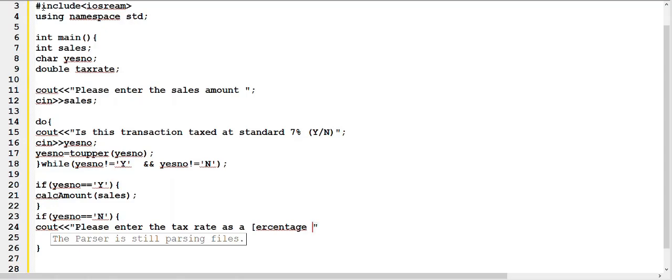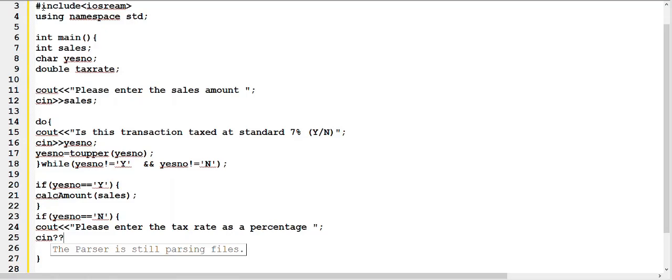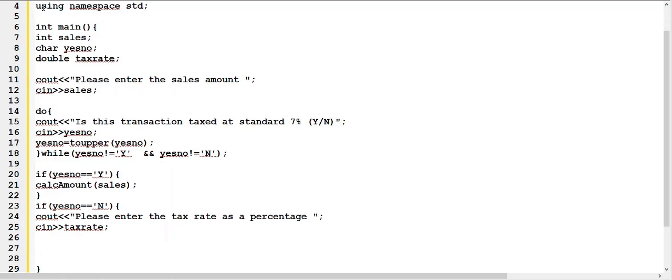Okay. And put that in tax rate. Once we have the tax rate from the user, now we make a function call. We write calc amount and we send sales and tax rate both. Okay,